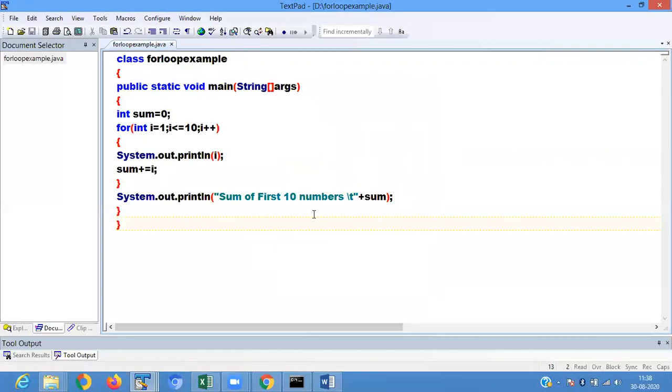So here we define the for loop example, int sum equals 0.